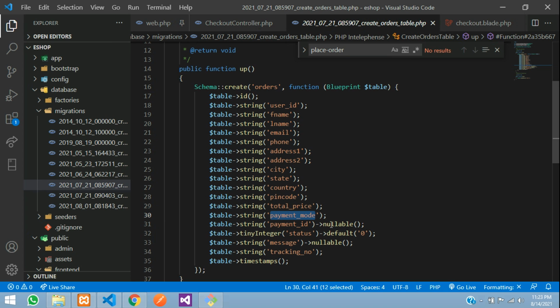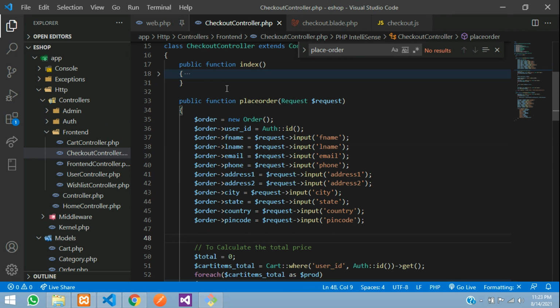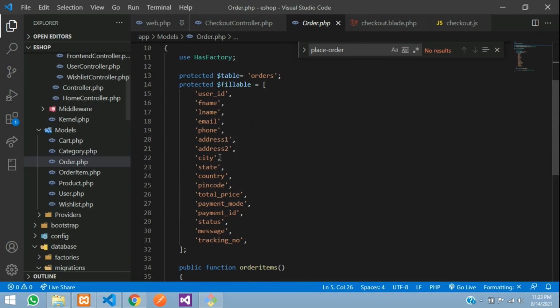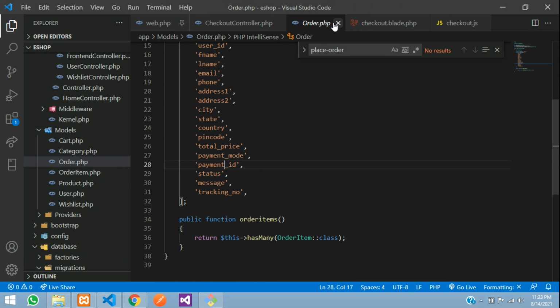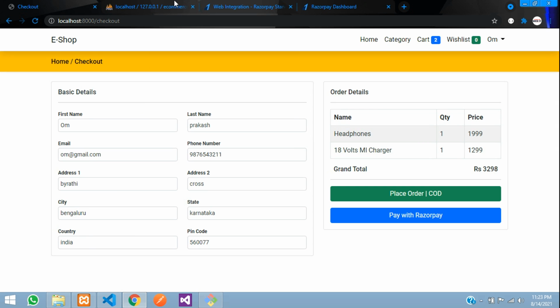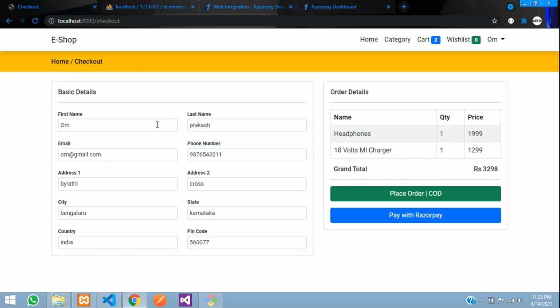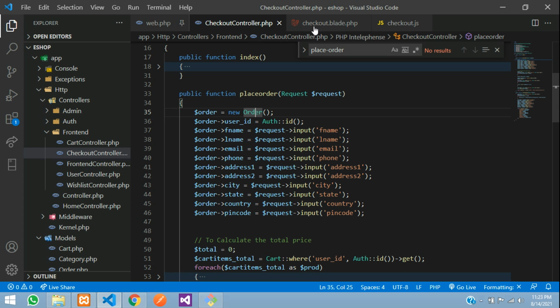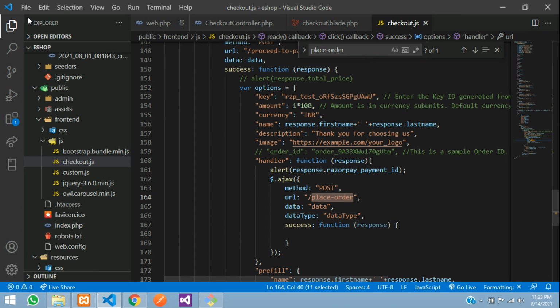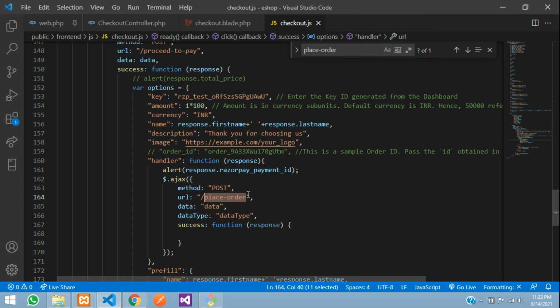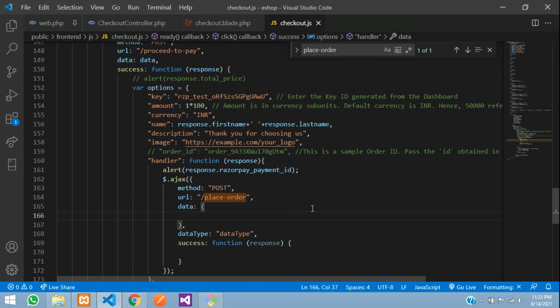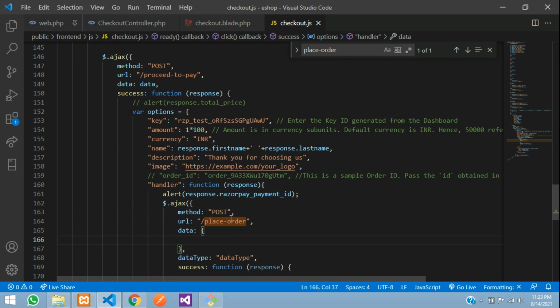So once you add it over here, don't forget to add this in your model also. So I have added it in my model. Let me show you. So in your order, here it is, payment mode and payment ID, and even in my database it is over here, payment mode and payment ID. So I have added it. So now what we are going to do is, in our checkout.js, we just close this. On this URL we are sending the data. So first let us create that data. So what we are going to have over here is the